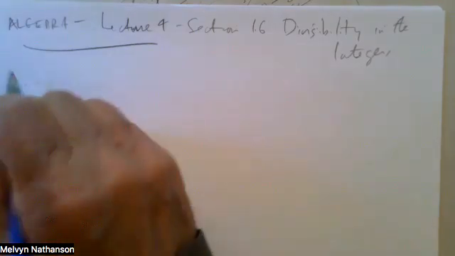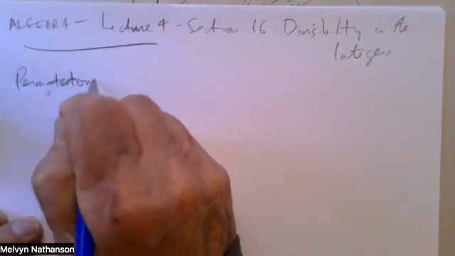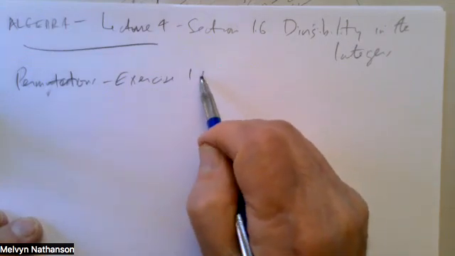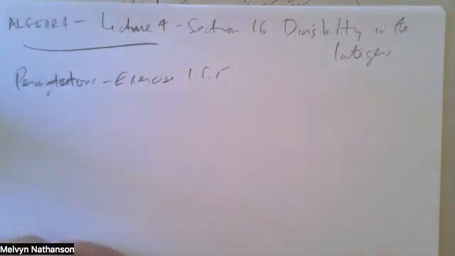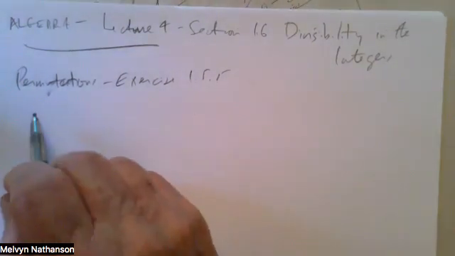So this is on permutations. Exercise 1.5.5. We want to show that any K-cycle can be written as a product of 2 cycles, and therefore any permutation can be written as a product of 2 cycles. And as a kind of a hint, it says to look at problem 1.5.3, but let's just try and do it directly. So a K-cycle